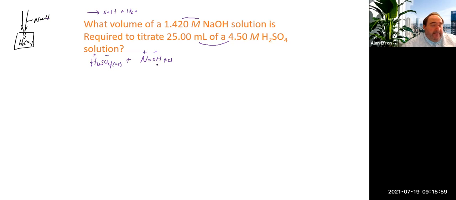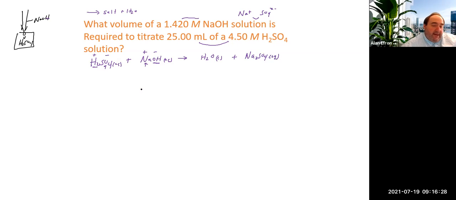Remember that when we take an acid and base, the OH from the base and the H from the acid is what's going to make our water. The salt will result from the combination of the other 2 things, which in this case is sodium and sulfate. Remember that sodium is +1, sulfate is -2,